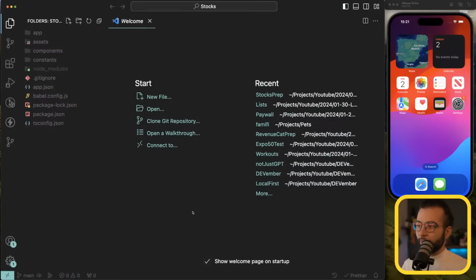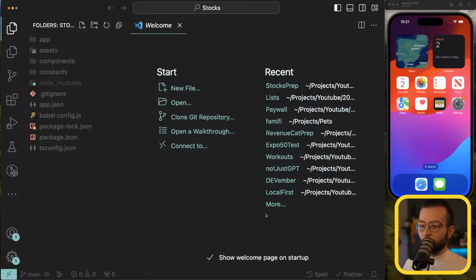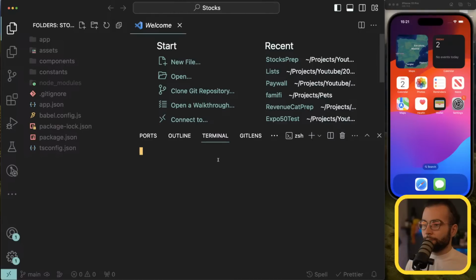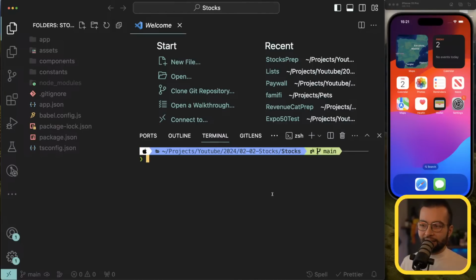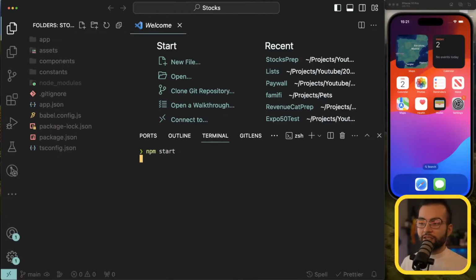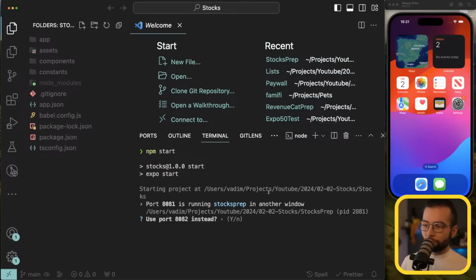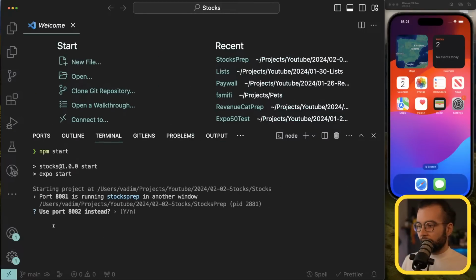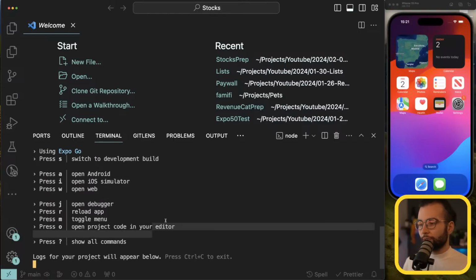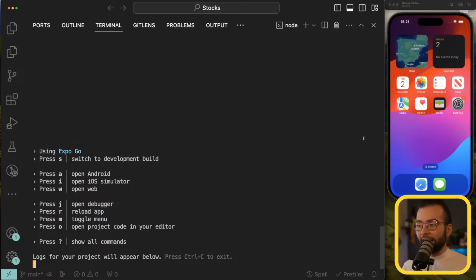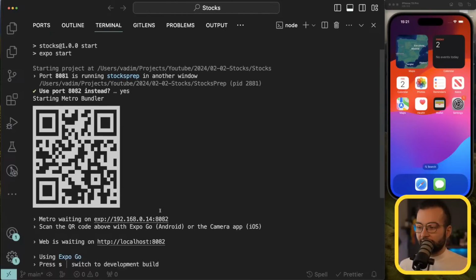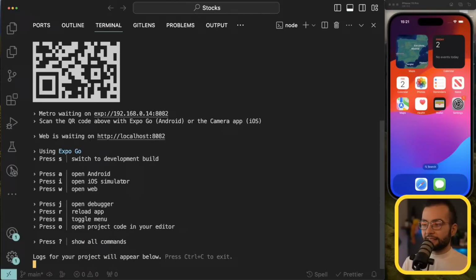So here it is. Let me zoom in a bit so you can see it as well. Before we jump into the folders and files, I will open a terminal. So let's go to the top, Terminal, New Terminal, or use the shortcut. And here, let's run npm start to start the development server. In your case, it shouldn't ask you because I already have another application going. After the development server is started, I'm gonna press i